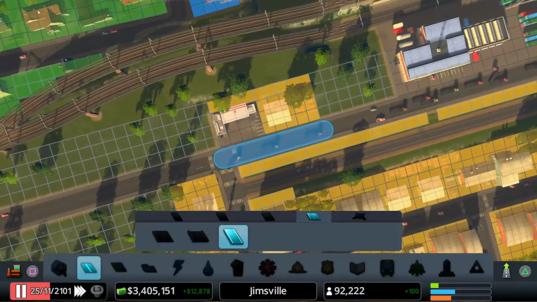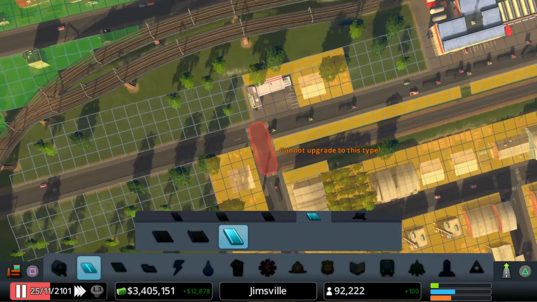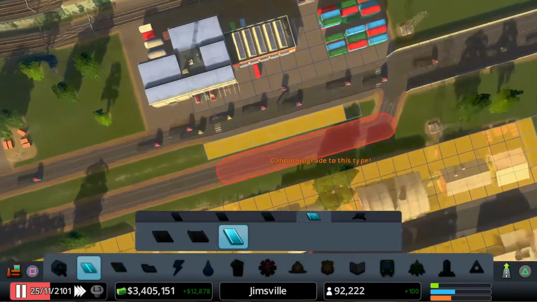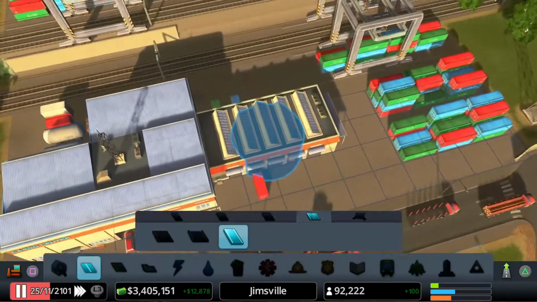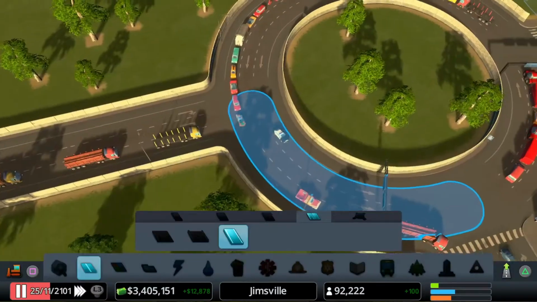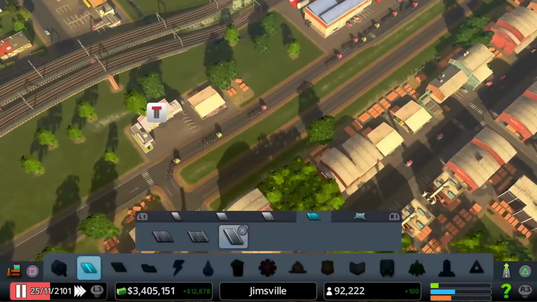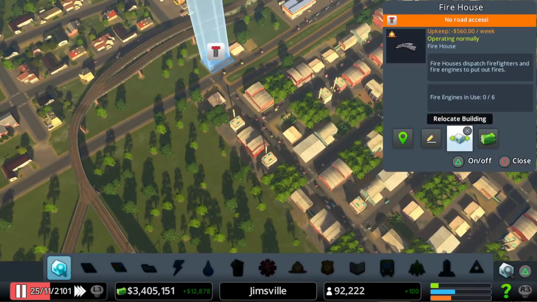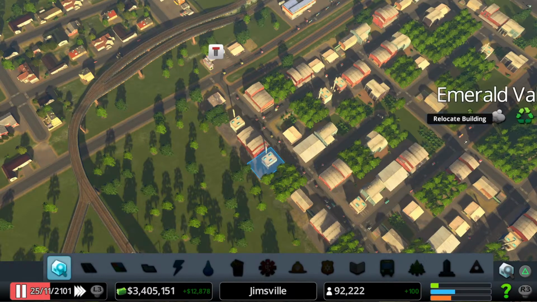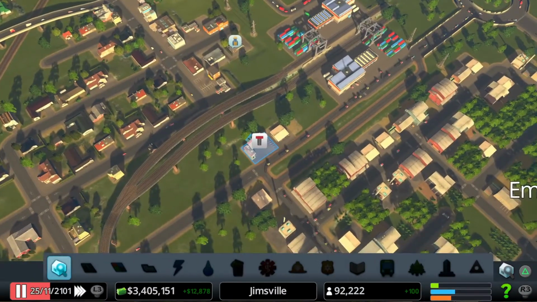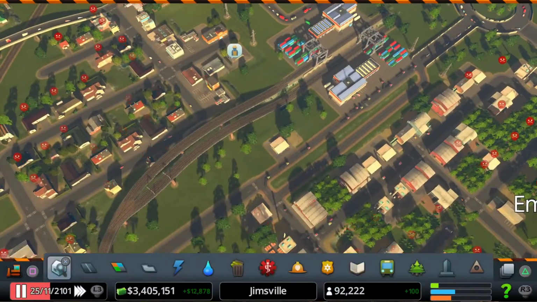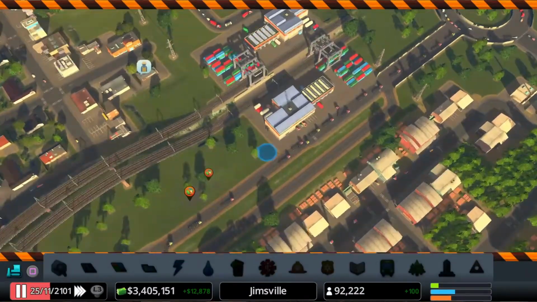And what I'm also going to do is make that and this slip roads, and then we have a passing lane for stuff that wants to pull in and so on and so forth. It can all feed back onto there. I need to go in and do a little bit of moving and dezoning, so that needs to move because that's no longer in a useful position. Actually, I can get away with not having that there now, so let's just remove that entirely. Let's remove that and that.